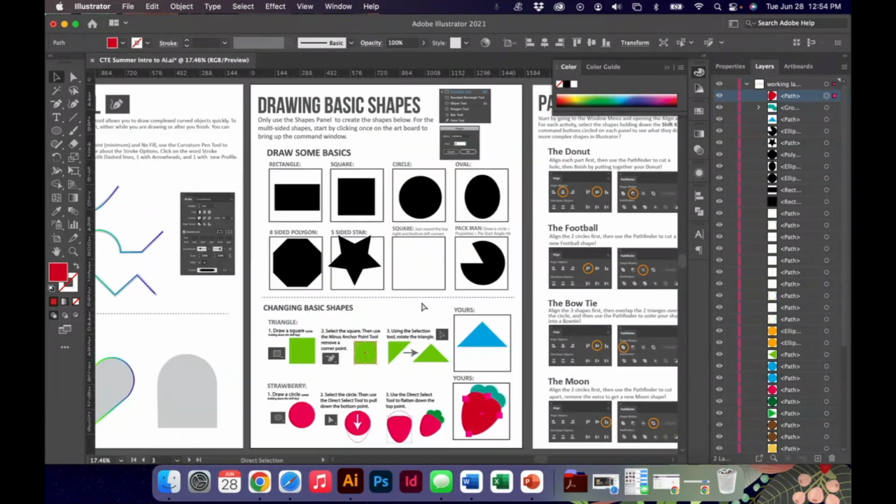All right, that is our basic shapes. Again, I have an activity dedicated to basic shapes, which is a lot more in depth. It's on my website,